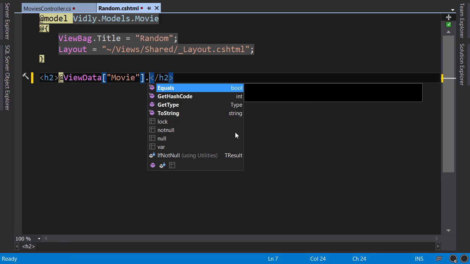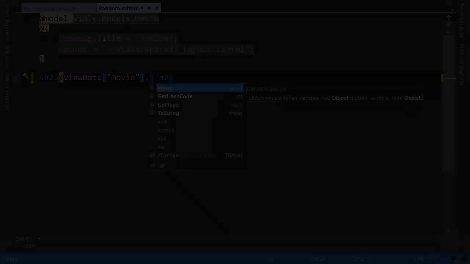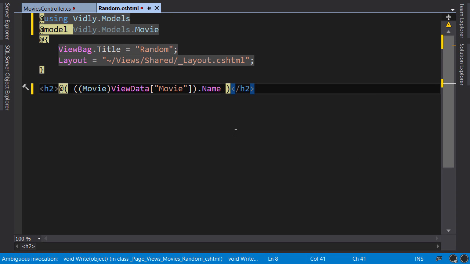Now dot. Look, we can't access the name property of our movie because each item in the dictionary is of type object. So we need to explicitly cast it to the movie. Now don't type anything, just watch for a second because this code is going to get a little bit ugly. That's what I meant. So all these noisy parentheses,